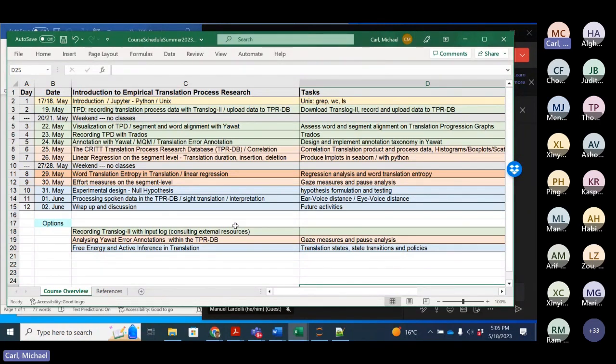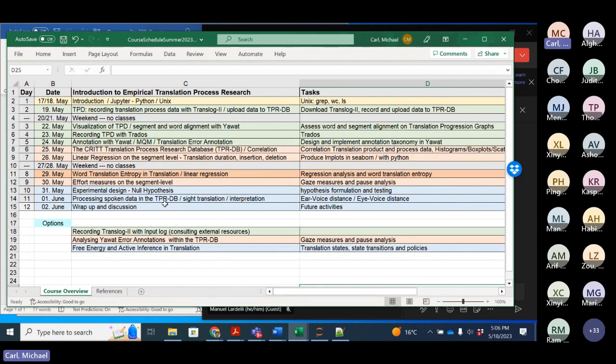But increasingly, I think spoken data becomes interesting too, and there is increasingly research on spoken data using similar methods. We developed such an approach a couple of years ago to process spoken data with a translation process research database.